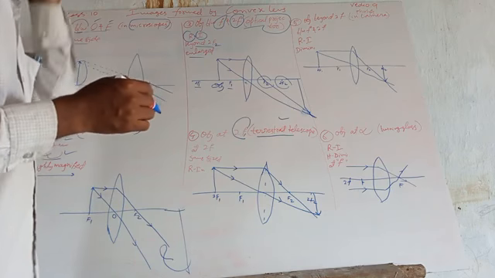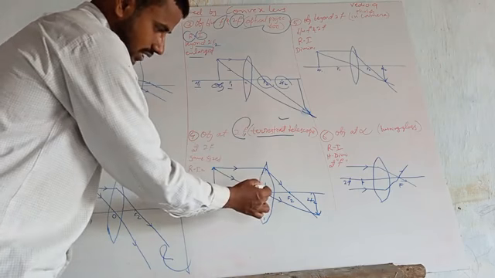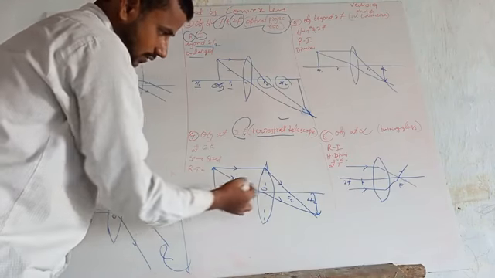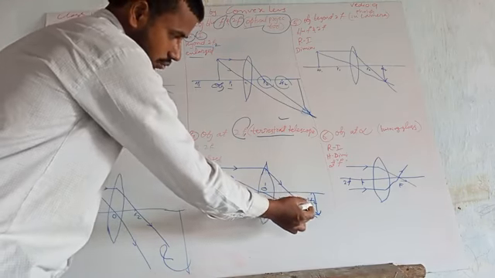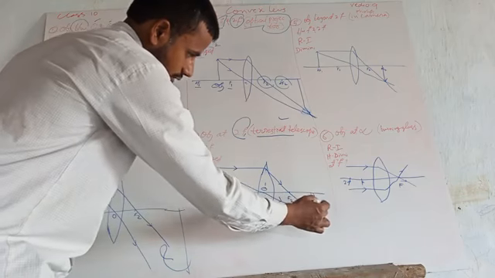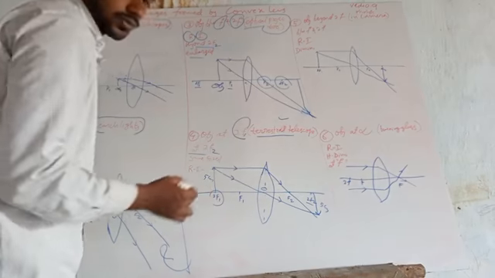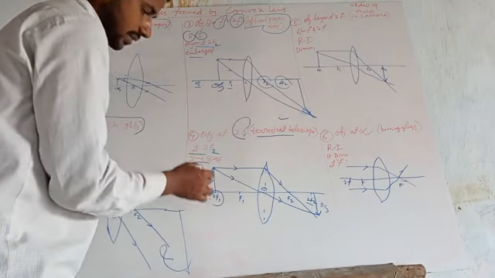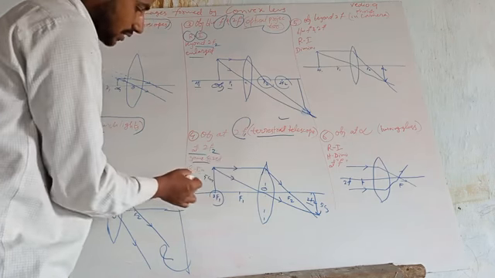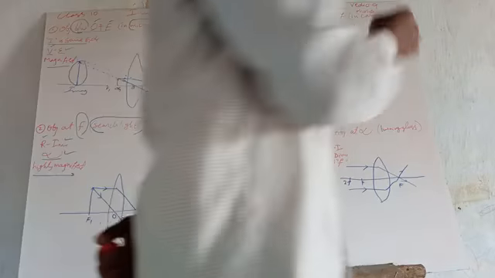Next, look here. When one line is going parallel and one line is going through the center, look here, from 2F1 it will form its image at 2F2. So if the object is, for example, 5 centimeter, the image also becomes 5 centimeter. So here at 2F2 the image will form, and the same size as the object, that much size we will get for the image. This is real and inverted, please keep it in your mind.